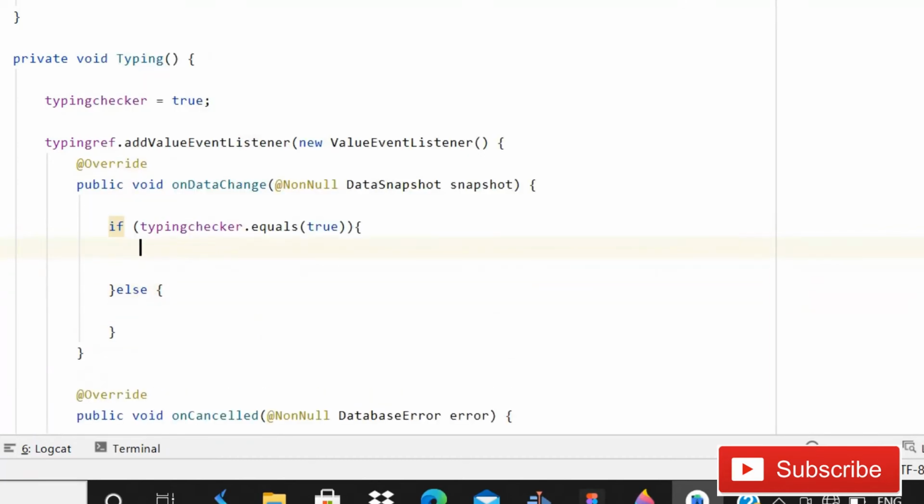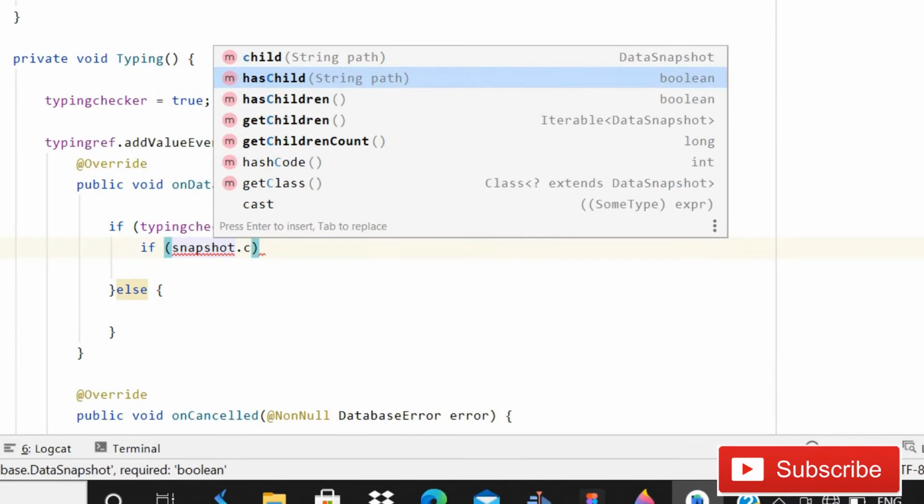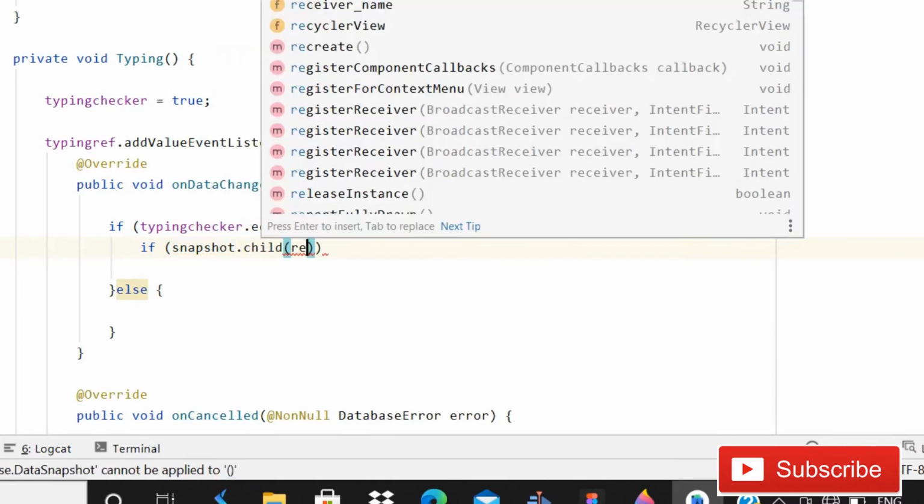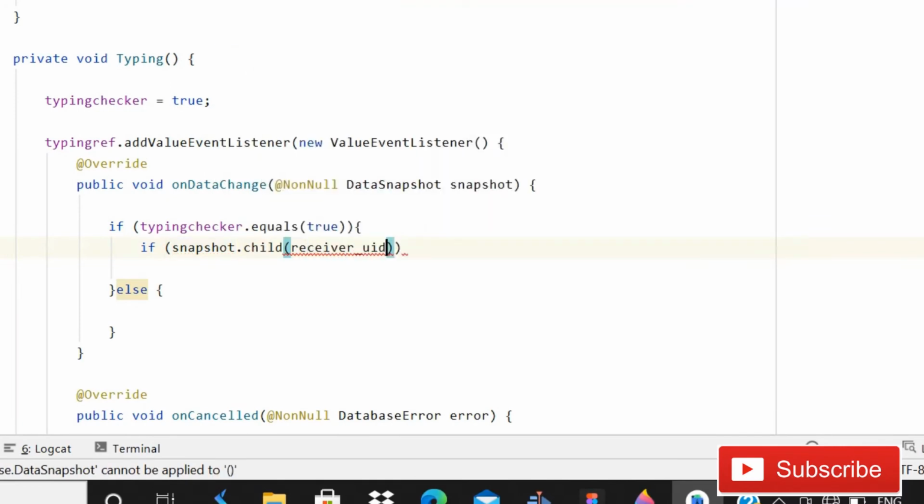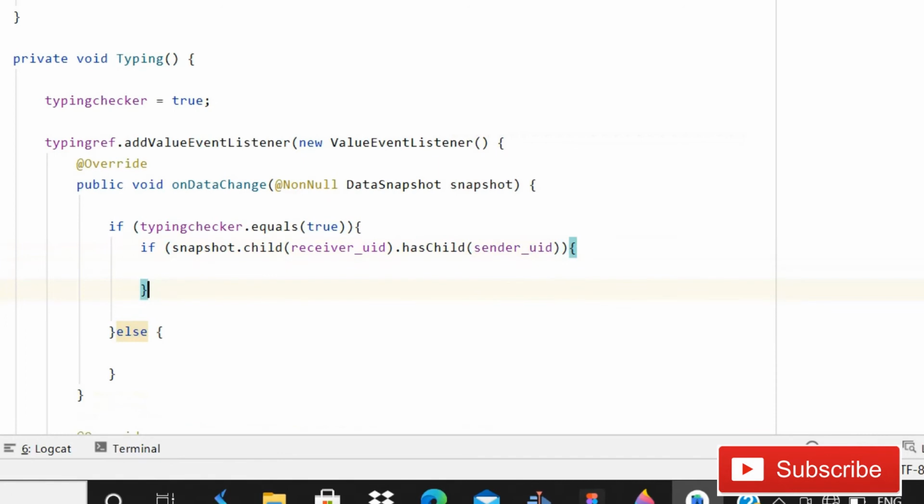So guys, inside it again, if snapshot, here we will create a child dot child, and that is going to be receiver uid dot has child sender uid. So what we will do else, yes.